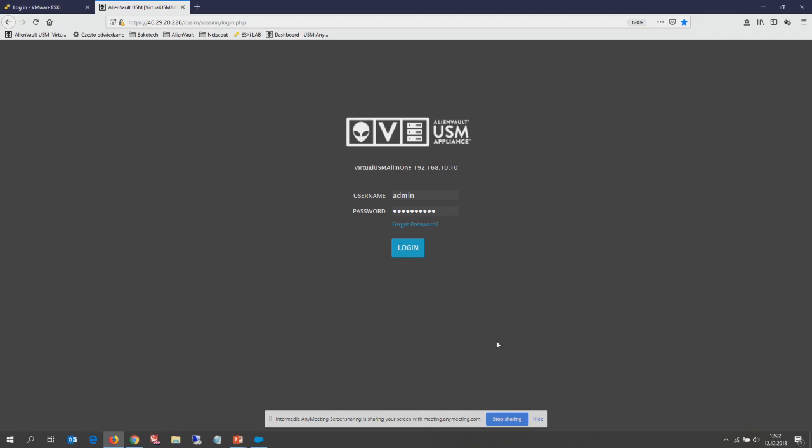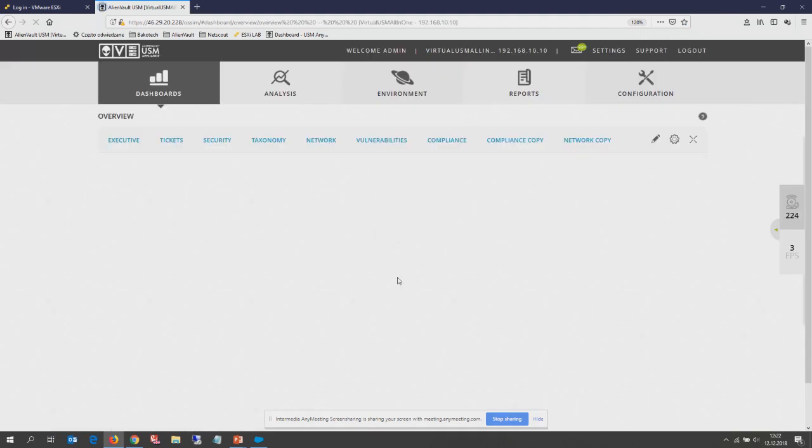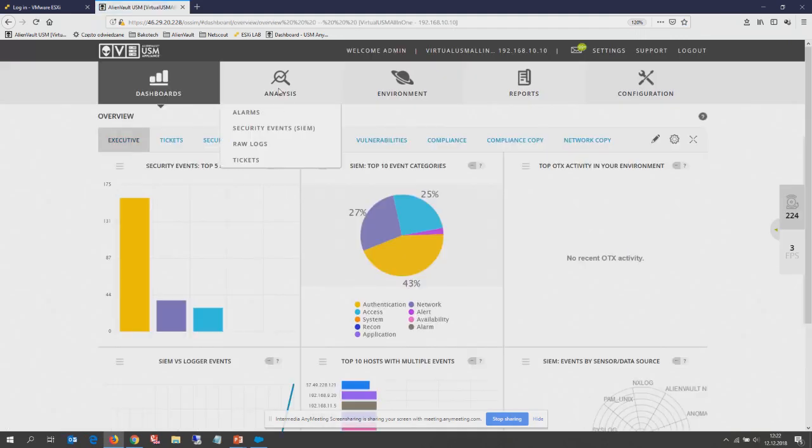In the first step, we will try to identify unnecessary events that we do not want to process in our SIEM, our AlienVault USM platform. And of course, for this purpose, we need, first of all, to log in to the AlienVault USM web console, and then we need to choose the Analysis Security Events section,